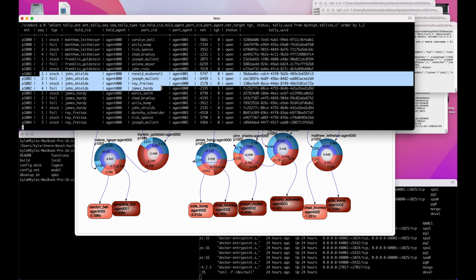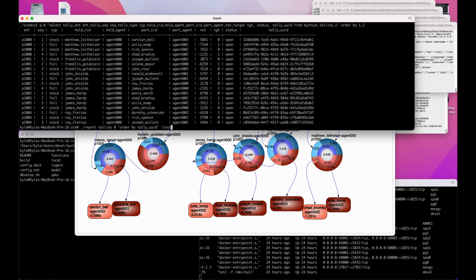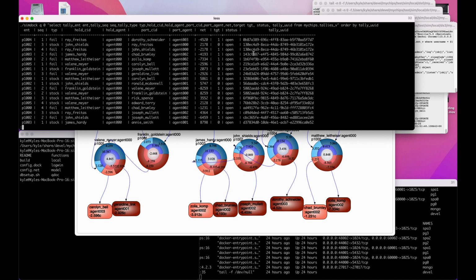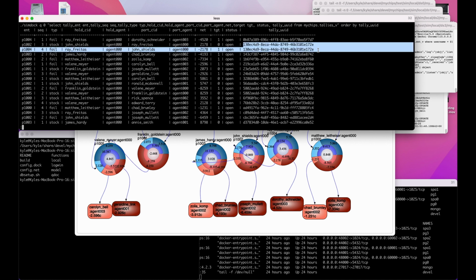Okay. So this one is more user-centric, this sort of view. If I'm a user, I can look at this and see all of my tallies. Yeah. And the last one is connection-centric. So using that sort, you can see where two are connected because two connected tallies are going to be right next to each other because they share a UUID. You're talking about the different ordering that we just did. Yeah, with this ordering, if I sort by the UUID, then they just end up adjacent to each other,